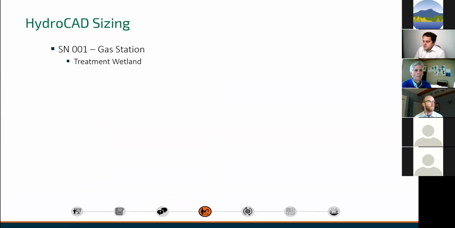So I put this next section in as it's a few slides on the Hydrocad modeling, because Hydrocad's the most popular modeling tool which is used. Just to give people a flavor of the Hydrocad modeling, we've gone through the exercise of doing a mock Hydrocad model just for Discharge Point 1, which is the gas station. And it's really just in the context of being able to evaluate the 10-year and the 100-year pre-post development peak